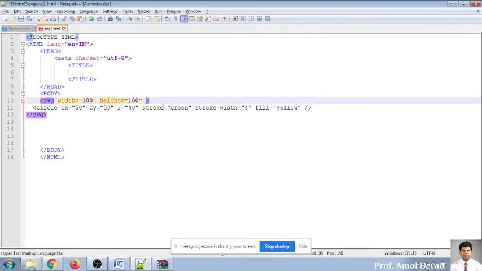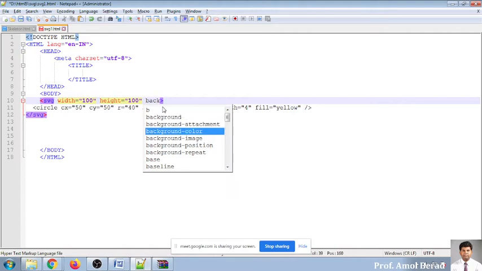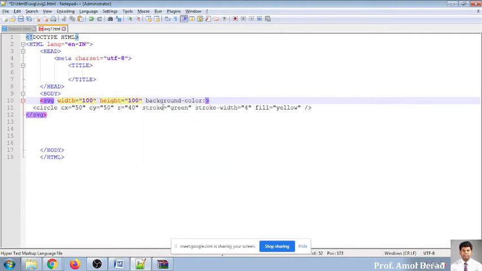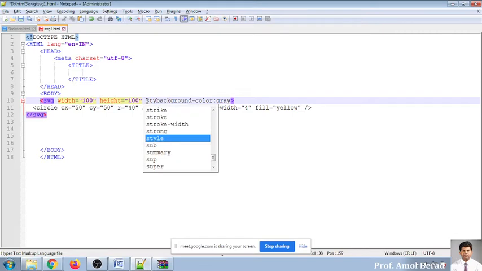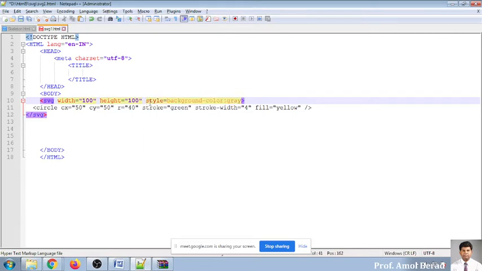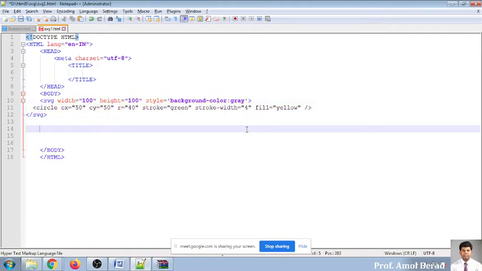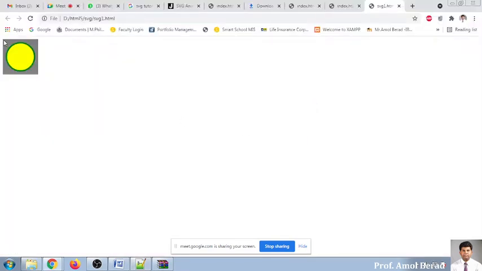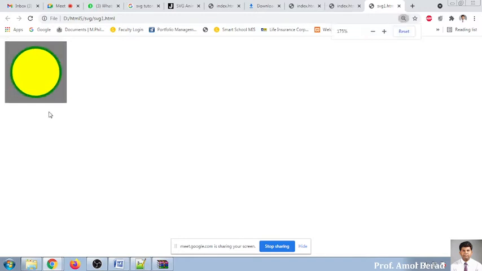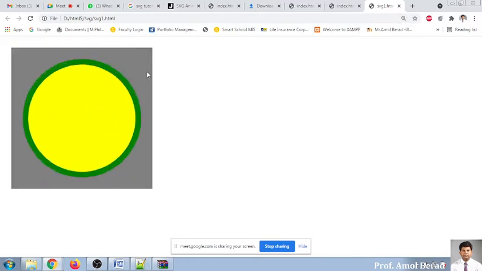So you want to get the size. So I will set the background color of this to be gray, so this will be helping me. So see, it is not there. So I have to put style is equal to, and in single quotes I'll be putting it like this. So now see the SVG. I'm zooming it. So the SVG size is in gray color, and in the center I am specifying a circle with border and with some effects.